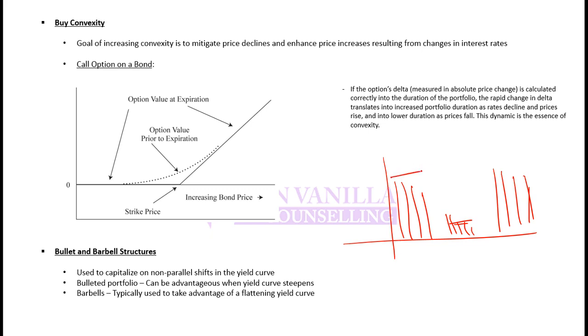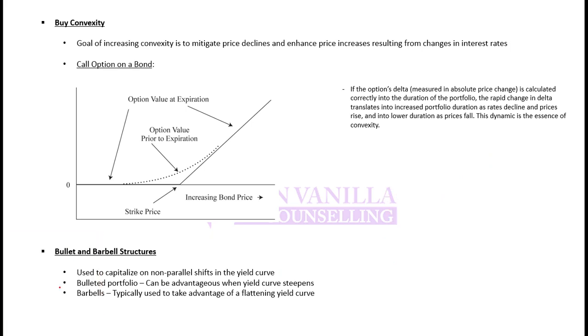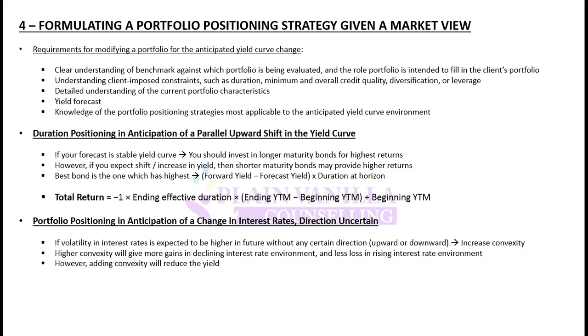So you are exposed to interest rate risk, higher interest rate risk at the shorter and longer end. If the yield curve flattens, then this portfolio can be advantageous, because the return at the longer end and shorter end will be higher, and the loss at the center would be lower. So this return at the longer and shorter end would outweigh the loss at the medium end. So barbells will be better. So based on the expectations of the yield curve, another active strategy could be a bullet and barbell portfolio.